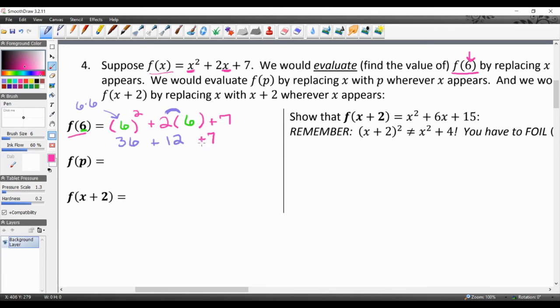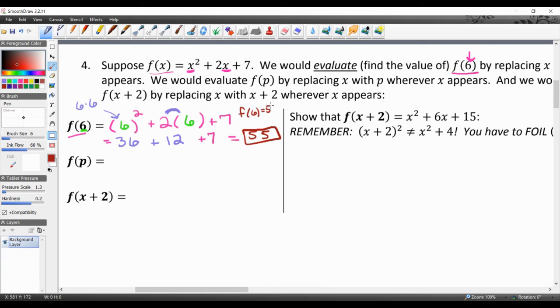And now I'm left with a simple addition problem. So I would just go ahead and add this up right here. So 36 plus 12 is going to give us 48. And 48 plus 7 is going to give us, let me get a different color for the answer. So 48 plus 7, 7 plus 8 is 15, carry the 1, 55. However you want to add this up. So that means that f of 6